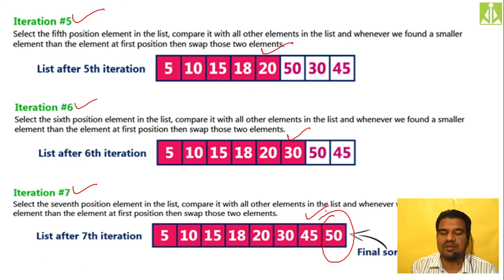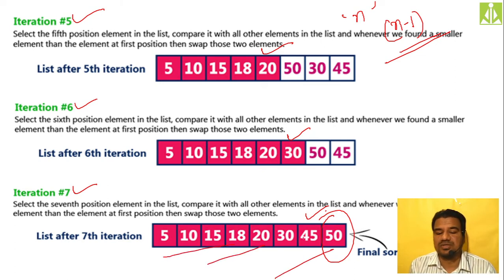In the first iteration, first element. Likewise, in the seventh iteration, last but one element. And for the eighth element, as there will be only one element, there is no point in performing any kind of sorting for one element. So by default, we will consider that last element as sorted. So if there are n elements in your unsorted list, then before you get the sorted list, you need to perform n minus 1 iterations. As we have 8 elements in my list and I performed only 7 iterations before getting the sorted list, and this is my sorted list. You can remember it like this.